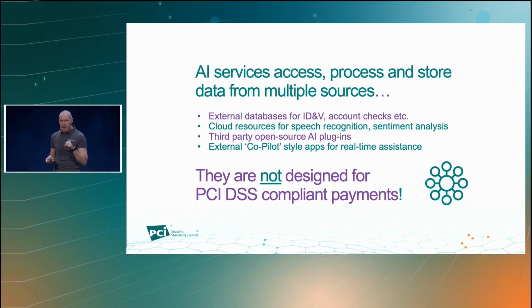If you want to enable that bot to identify who's calling and find out what they want, and they might be able to signpost them to different parts of the organization, it would be great if that chatbot could also say, I can see your outstanding balance is 250 quid. Do you want to pay that now? I'm sure they could, because chatbots are great, and they could probably request payment card data from someone chatting to them on that text-based interaction.